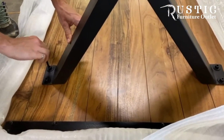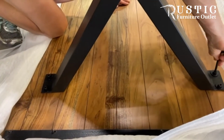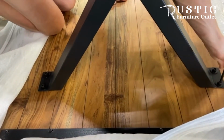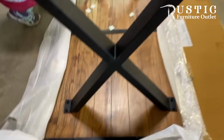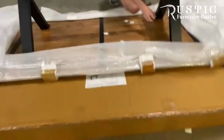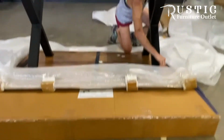Okay, so I'm tightening this up just to give you an idea how this goes. You just tighten it up with the Allen key. It doesn't take very long. So I don't know how much time. Obviously I've talked a lot trying to assemble this, but with two people working efficiently, knowing what they're doing, it is pretty self-explanatory